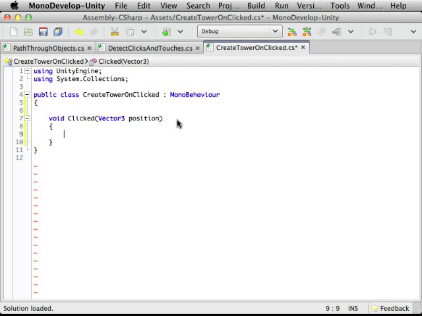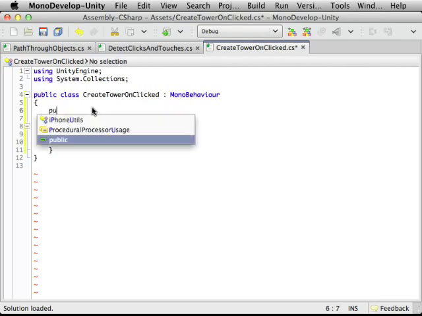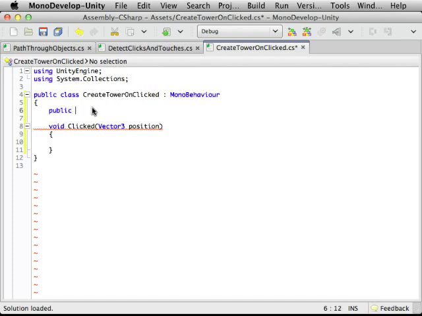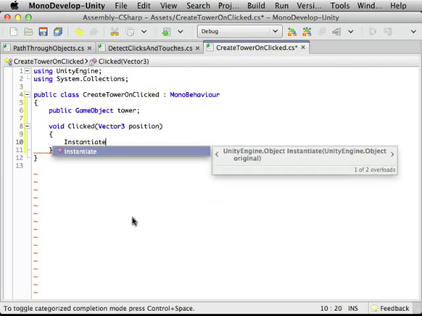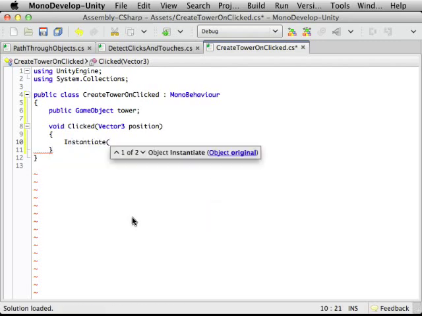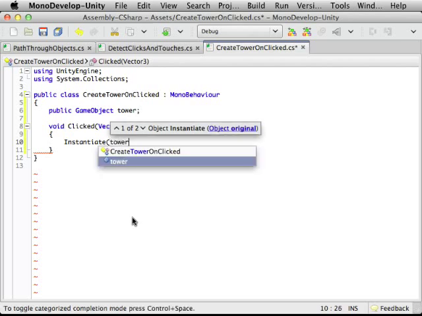We're just going to instantiate, so we're going to have just a set tower type right now. Public GameObject tower. And so we're going to instantiate a tower at,